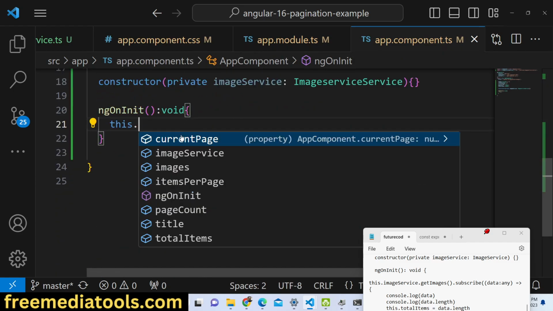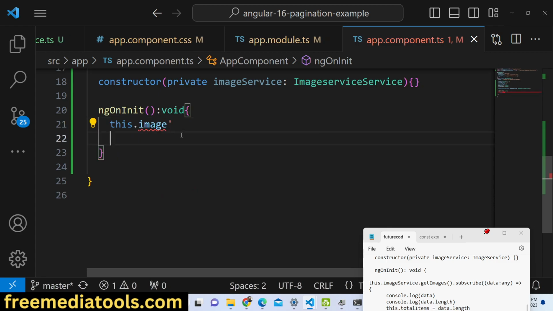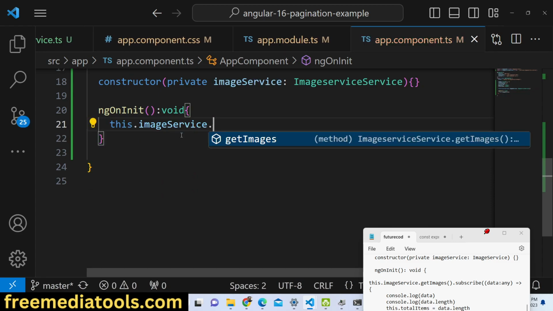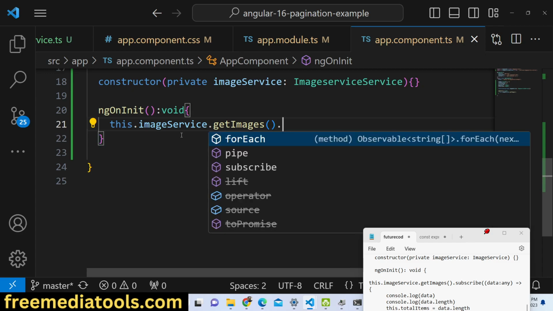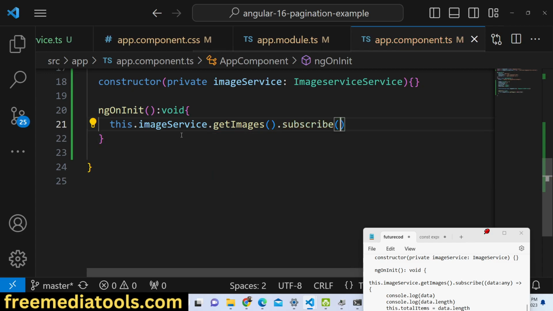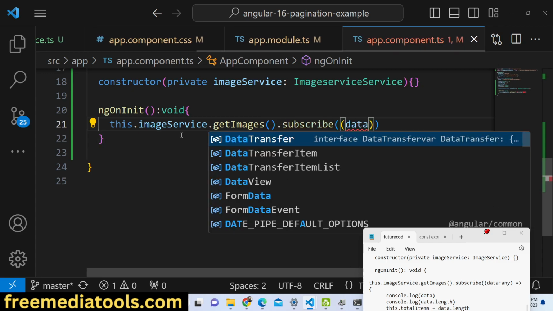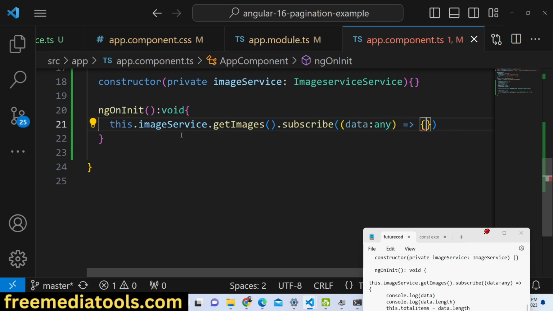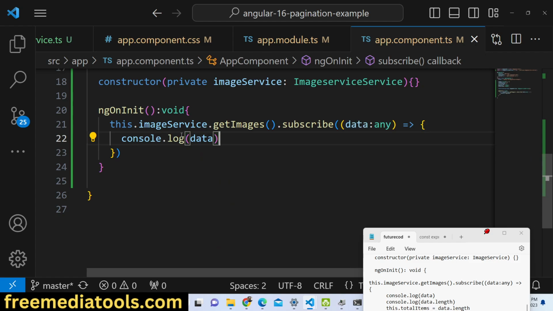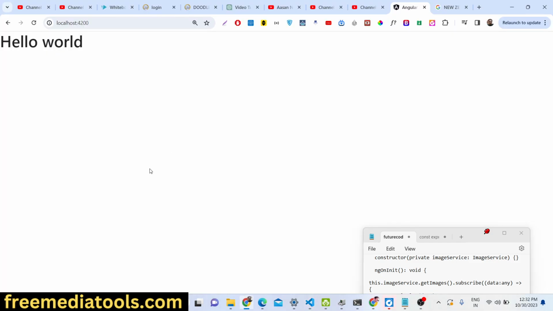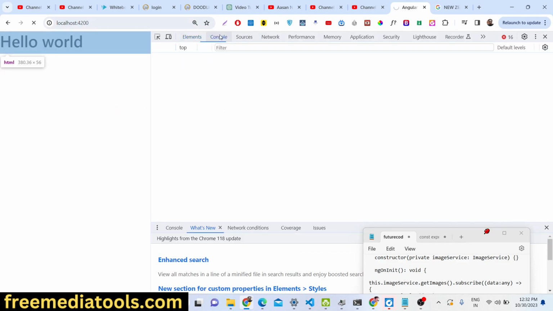So whenever your application is initialized, this service will be called. this.imageService basically contains this getImages method, guys, and here we will subscribe to this method, and the data will be coming right here. With an arrow function, we will console log the data. So if you just refresh your browser again and go to the console, you will basically get an object here,